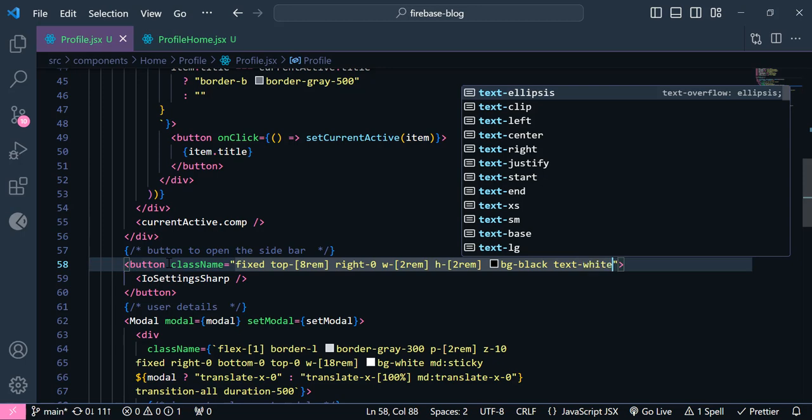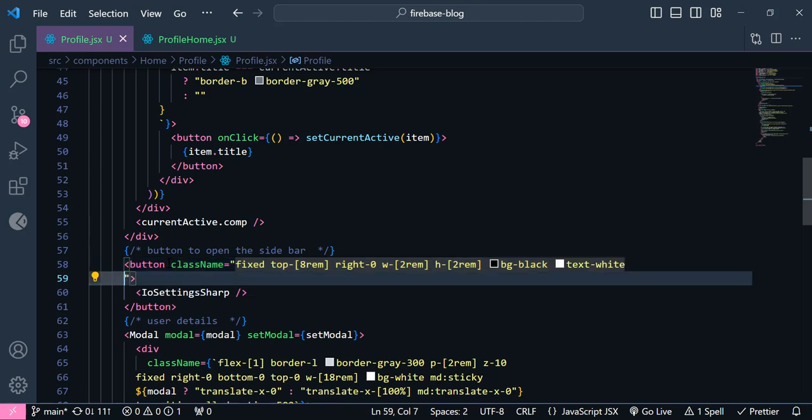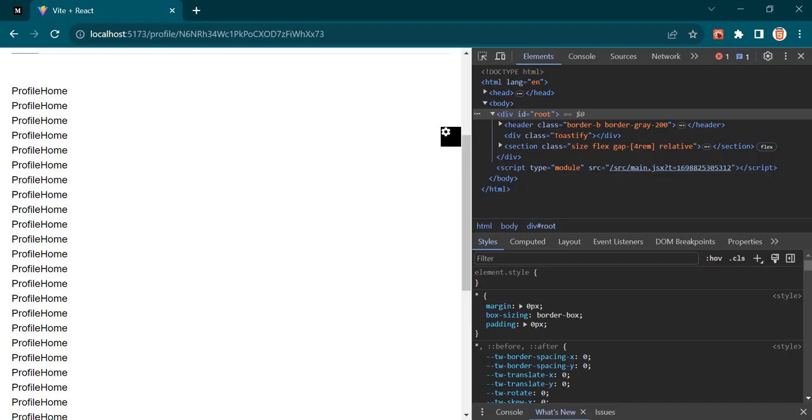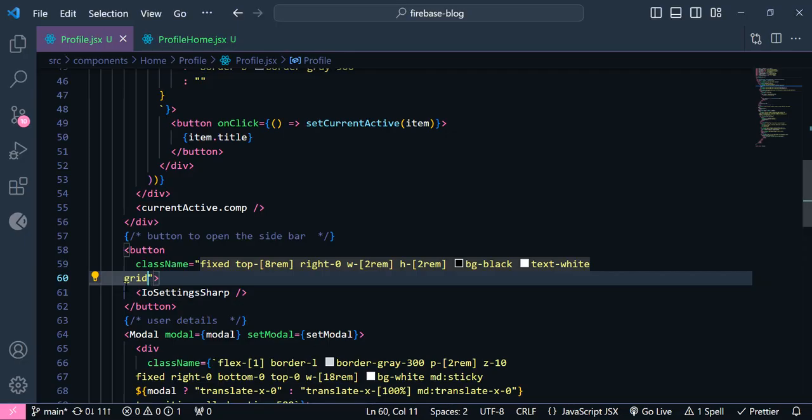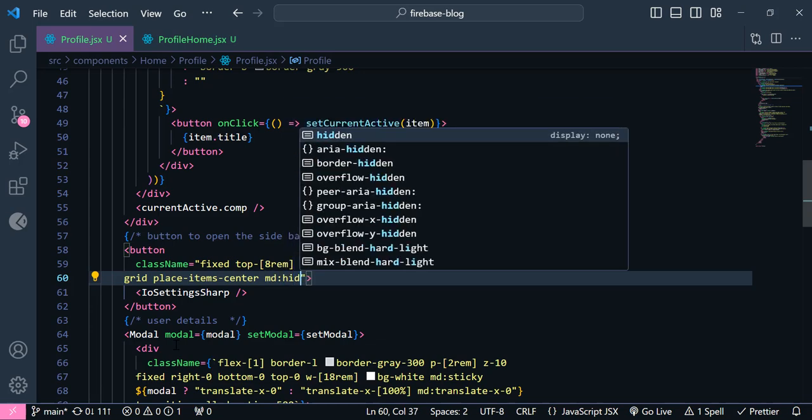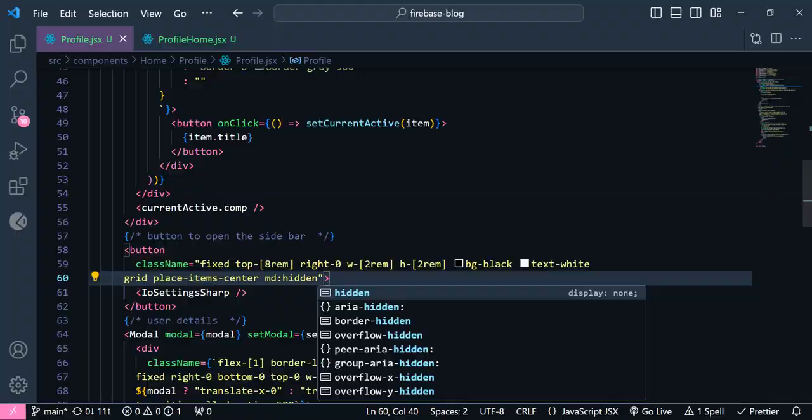Okay, following that we need to add grid to bring this icon in the middle. As you can see this icon is not in the middle, so to bring it in the middle we are going to use grid. Okay, and place item center, but for devices above MD it should be hidden. Okay,